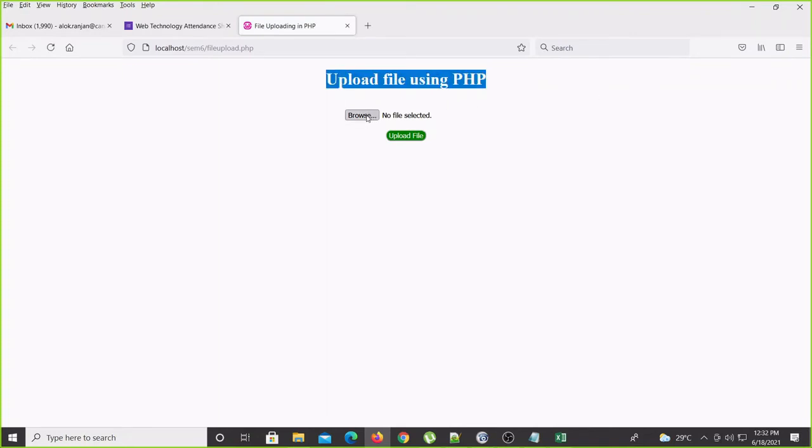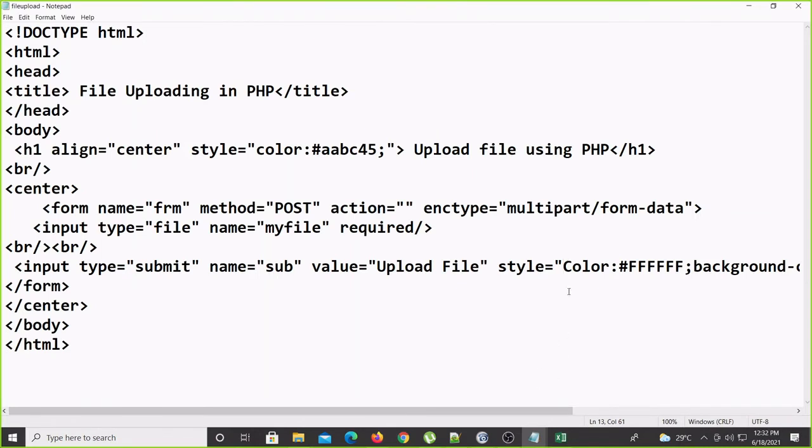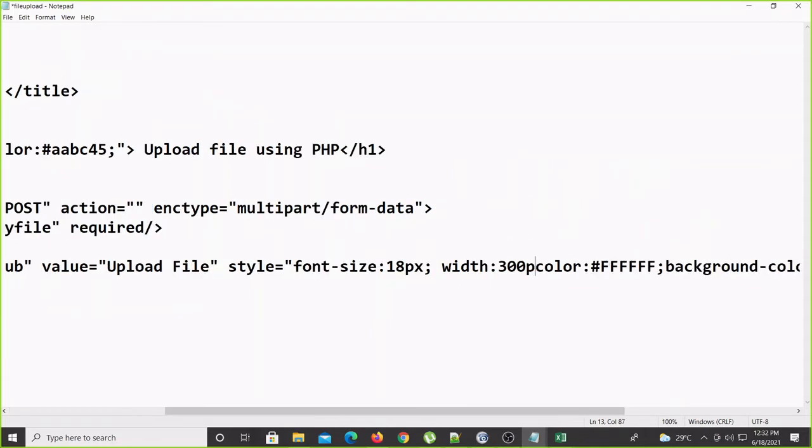The browse button we got, no file selected, and in the upload file, this font size I'll increase a little bit. Font-size: 18px, and width also I'll increase: 300px.